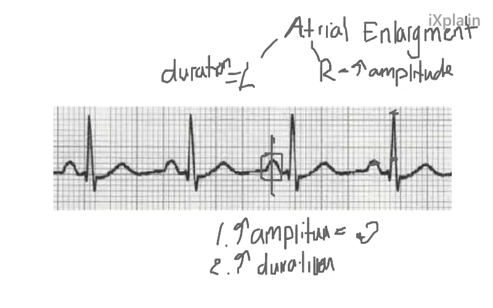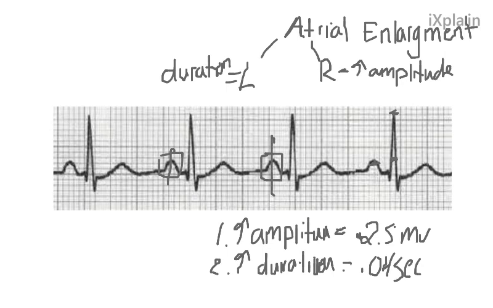Normal height is 2.5 millivolts or 2.5 little boxes. So in this instance, this is a good EKG. This atrium is good, but you will look over here, at this part of the EKG, and it'll be higher than 2.5 boxes. If it's higher than 2.5 boxes, you put right atrial enlargement on it. Now for left atrial enlargement, you look at the duration. You can look at the left side of it, or you can just look at the whole duration. If the left side is longer than 0.04 seconds,